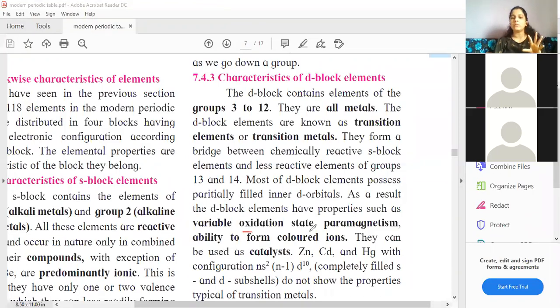Students, please let me know if you are familiar with the concept of oxidation state. Yes or no? I think so, it is taught to you. I mean, you are done with this chapter, right? The chemical bonding chapter is done, right? No, miss. Okay, the chemical bonding chapter is not done. Then don't worry about it. Let's not go into that detail. In simple words, if I have to tell you what oxidation state is.